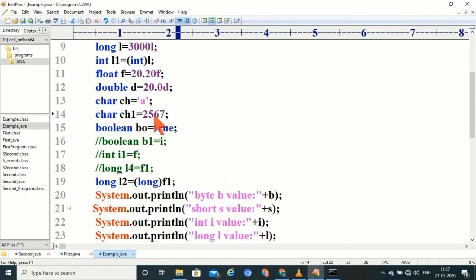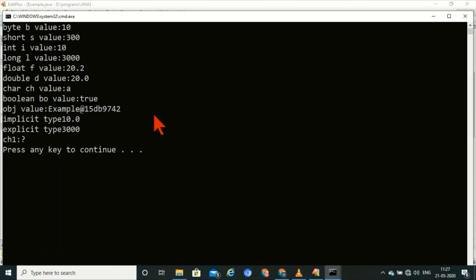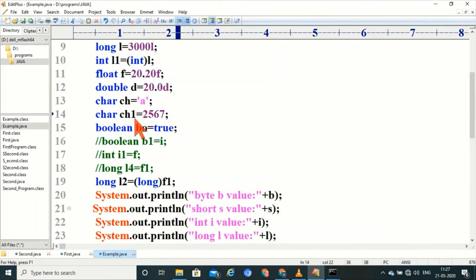Let's see, compile and run. See, special character by default it will store if the assigned character is not available.